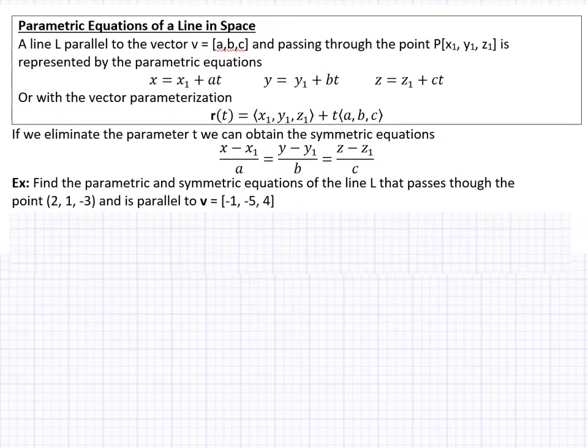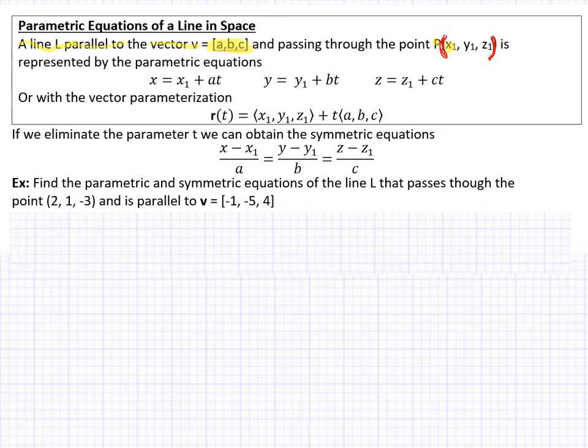So, based off of what we just discussed, a line L parallel to the vector v denoted by the components a, b, c, and passing through the point P, which has coordinates. Oh, I got some major problems here. This should be parentheses,